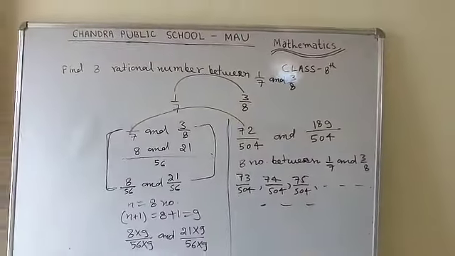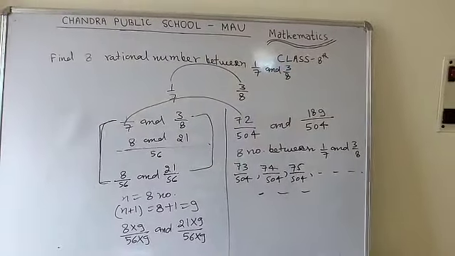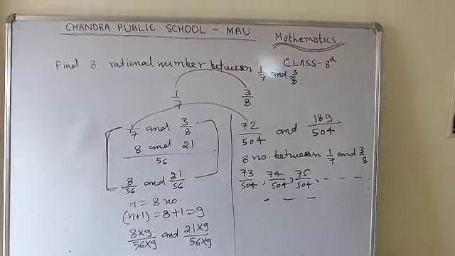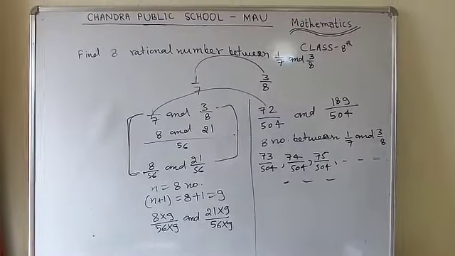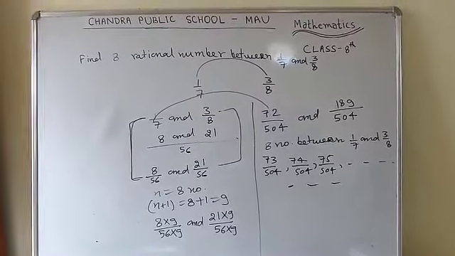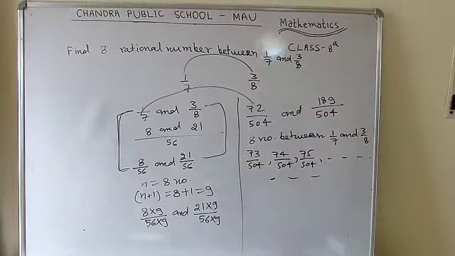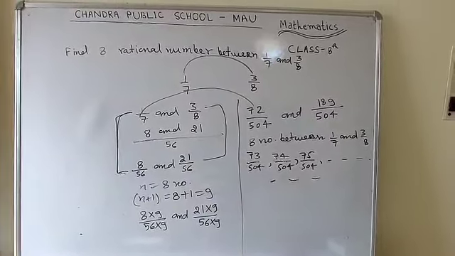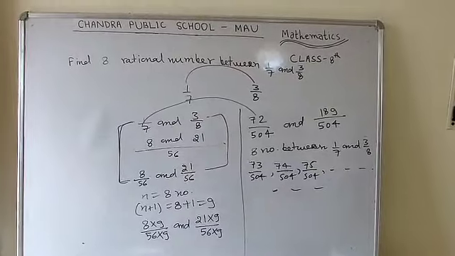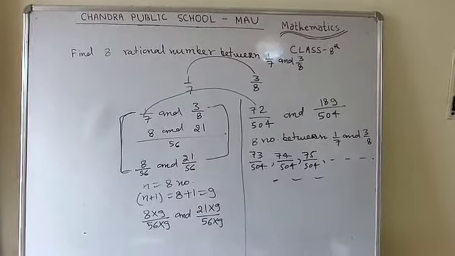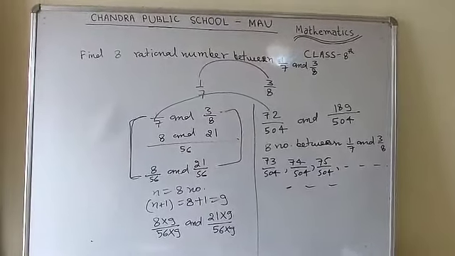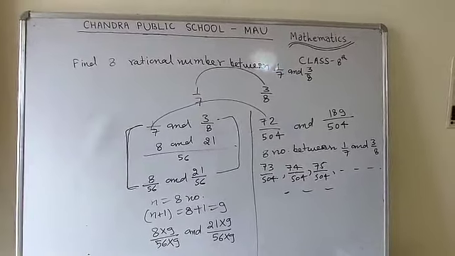So students, if you are going to find lots of numbers between any two numbers, then you can apply this method. But if you are going to find 1 or 2 numbers, then you can apply the previous method. So students, that is the way to find rational numbers between any two numbers. That is exercise 1.2 in your book also. Once again you need to go through that exercise.